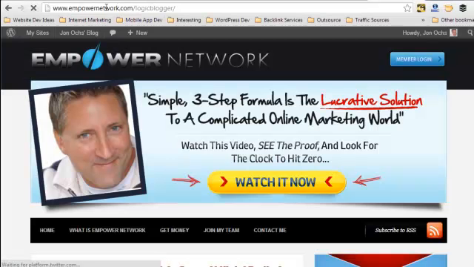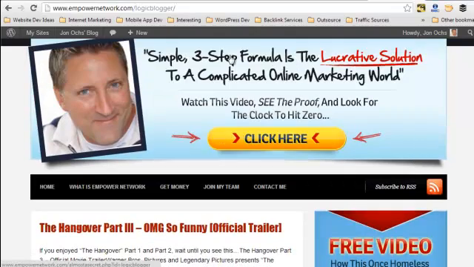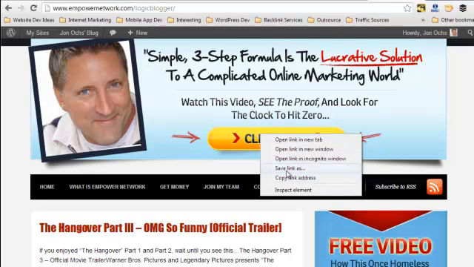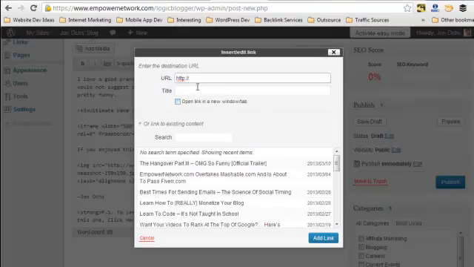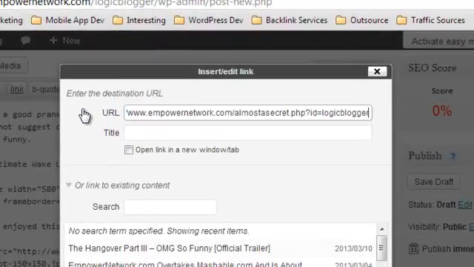Getting to your Empower Network blog, it's empowernetwork.com/ whatever your username is, will put you on your blog. And then if you scroll down to any of these ads on the side and do a right mouse click and go copy link address, that's going to give you the capture page that these are all linked to. So then you can go back here and just paste that in.